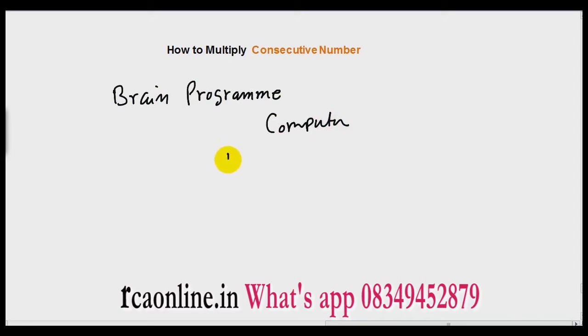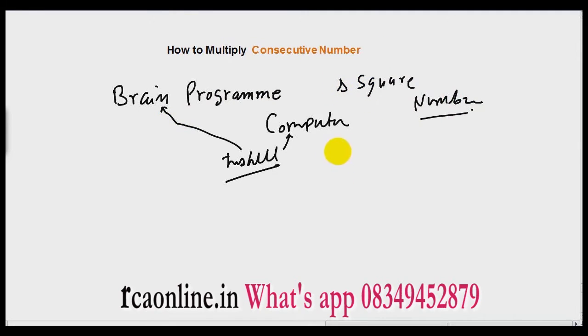So what you have to do? You have to install a program in your brain as we do in the computer, so that when you run the program afterwards it does the calculation fast. For consecutive numbers I have developed a program which helps you to do the calculation fast. But before that you first need to install it in your brain. In this video I will try to install that program in your brain so that for any consecutive number and square number you can calculate in only a few seconds. So let us start the journey.